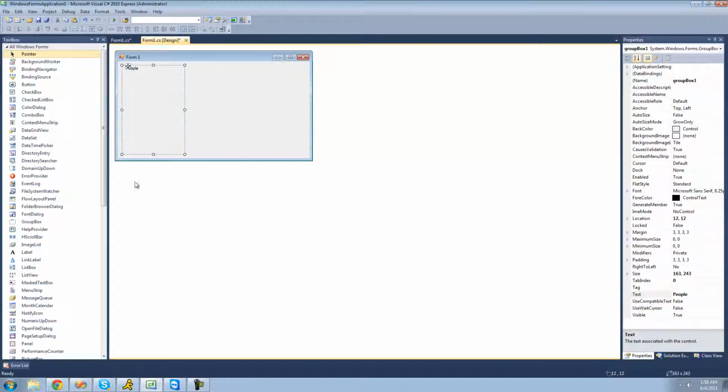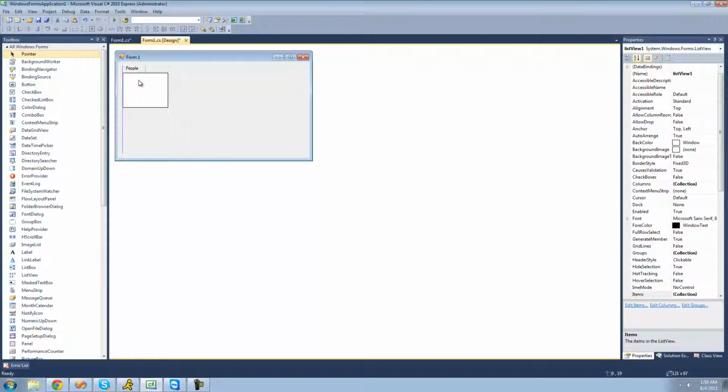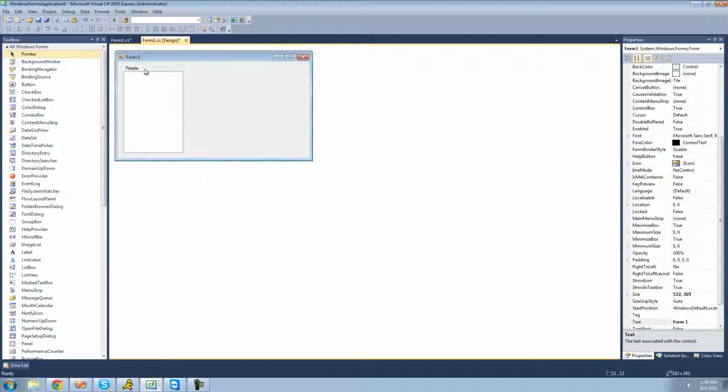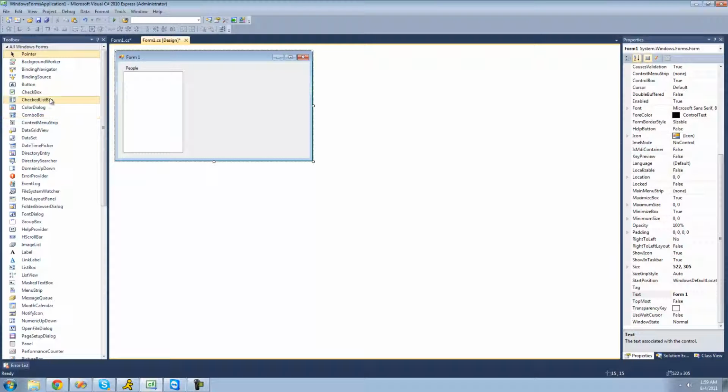Alright, and inside of here I'm just going to drag a list view. So just go over to your toolbox and drag a list view over. And you can dock it in the parent container if you want, or you don't have to, it doesn't really matter. Alright, and